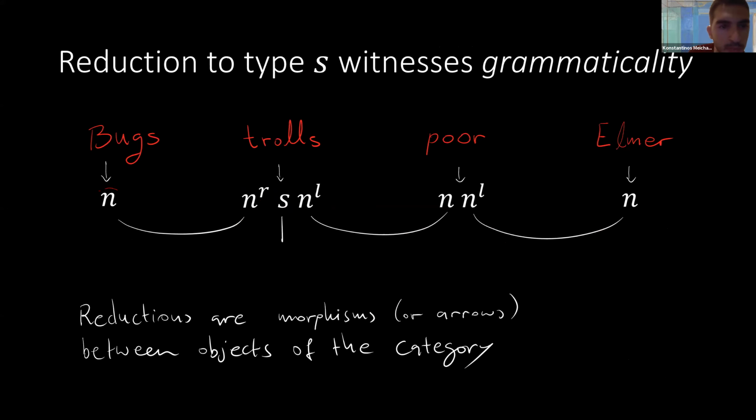So for example, this N and this N to the R annihilate to the identity, which we don't draw. And the annihilation process is depicted by this line. So you can imagine that 2 things go in here and nothing comes out. And the nothing is the identity type, which I'm not drawing. It's the empty diagram. So this is the first step of passing from a sentence to a diagram.